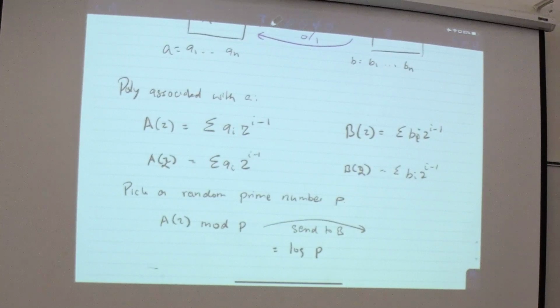Because P defines a random field and we evaluate it in that random field. And now we want to know what the probability of this happening is, what the probability of collision is. So let's try to figure that out. So is the question clear? Our goal is to figure out